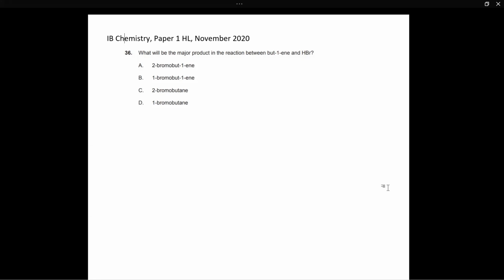Now, let's take a look at this question. What will be the major product in the reaction between but-1-ene and hydrogen bromide? By just looking at this question, you should know that this reaction is going to be